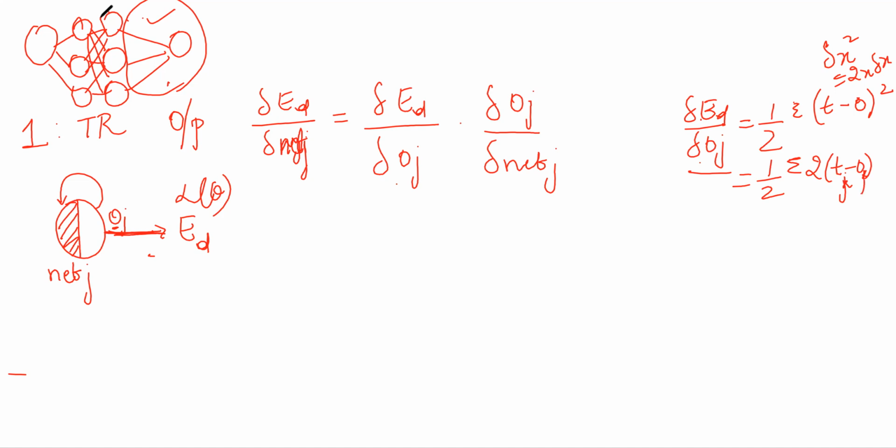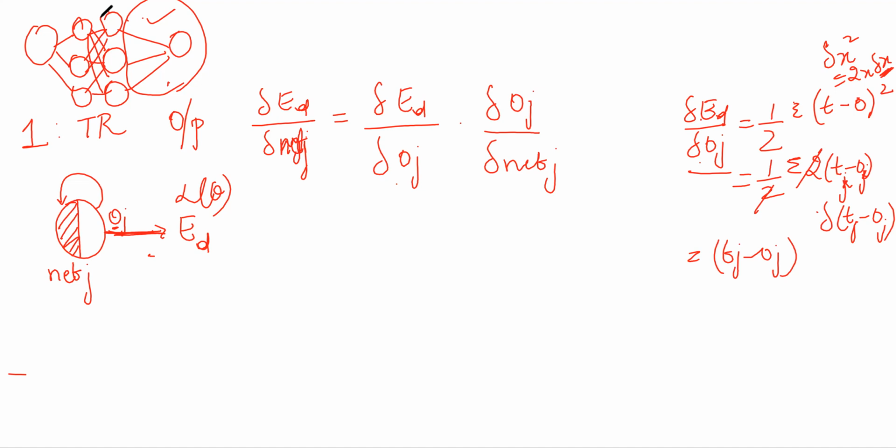So Tj and Oj, into delta of x. Delta of x is nothing but Tj minus Oj. This 2 gets cancelled, and I'll be getting Tj minus Oj